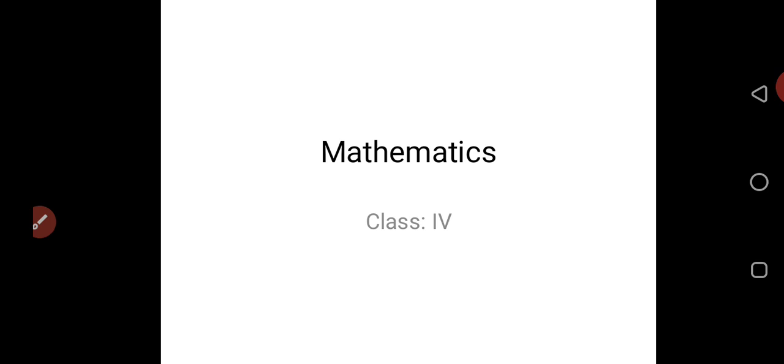Listen to this one. Rounding means making a number simpler but keeping its value close to what it was. It is not exactly that number, it is close to what it was. The result is less accurate, obviously, because when you are rounding off, it will not be the exact number, only one close to that particular number. The result is less accurate but easier to work with. Now there are some rules. We are going to switch to the board and discuss this.